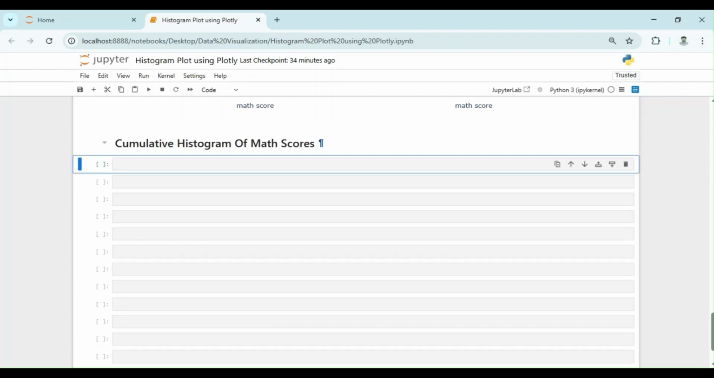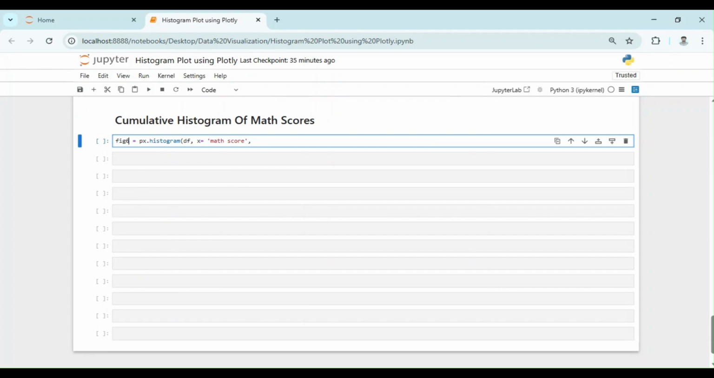So let's walk through what this cumulative histogram is doing and why it's a powerful visual. First, by setting cumulative equals true, we are changing the behavior of this histogram so that it doesn't just show how many students scored in each specific range. Instead, it shows the running total of students who scored less than or equal to a given value. So this transforms the chart into a cumulative distribution, which is extremely helpful when we want to understand percentiles